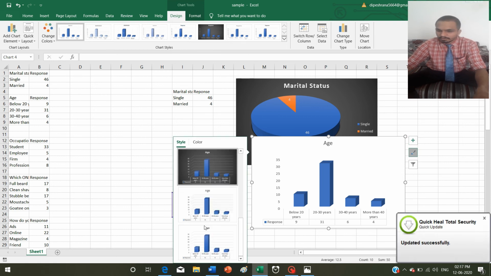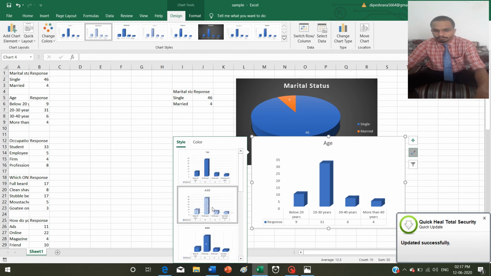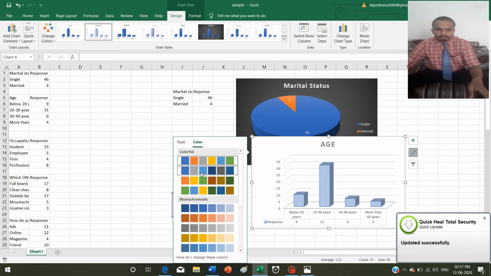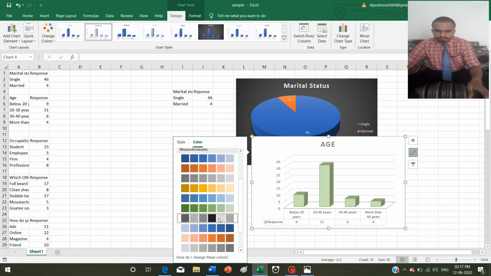Here is the brush option. I will click on this. Now whatever style or color you need, you can choose all over here. I need this one, and probably a color. You can also choose color.